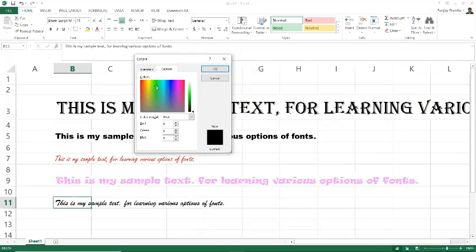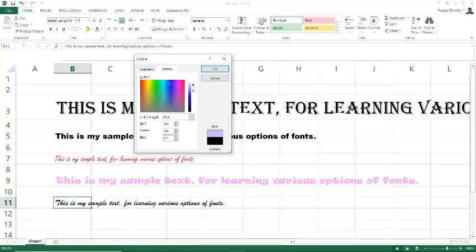So for example, here I'm choosing this blue color. Now, by dragging this small triangle up and down, I can change the intensity of the color. That means either I can increase the darkness or I can make the color lighter as per my requirement.